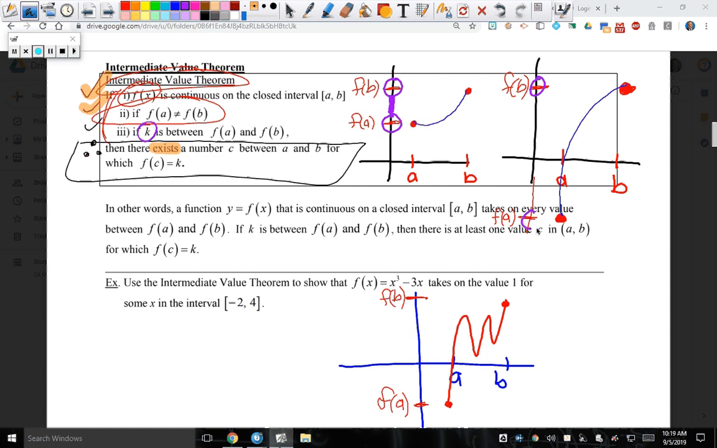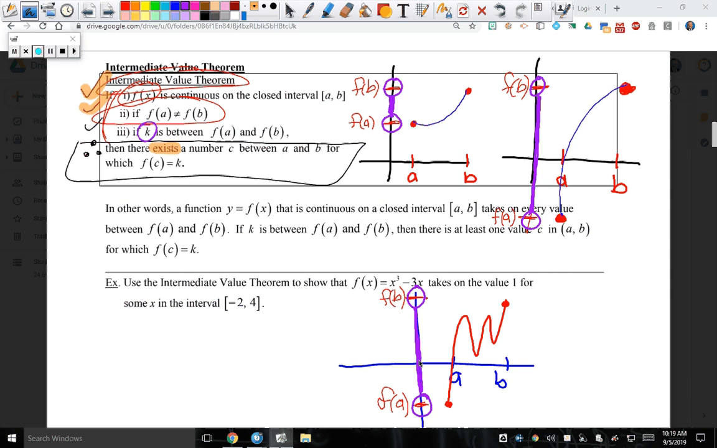Not here, but somewhere in between. So if you need to write it down that K is a y value, please do so, because the variables are what trip people up. Okay? So if K is in between f of A and f of B, then there must exist a number